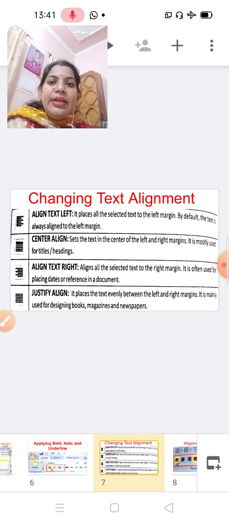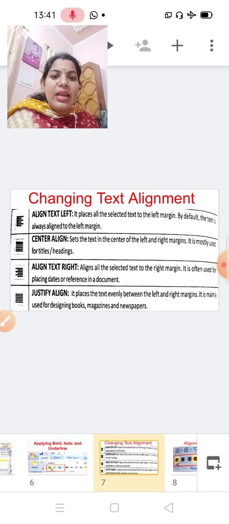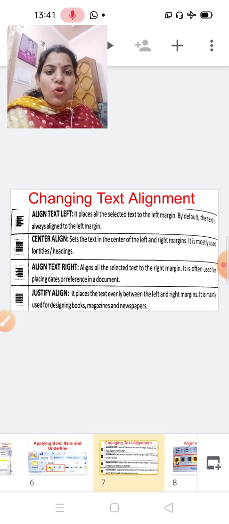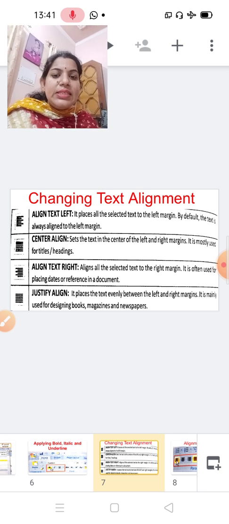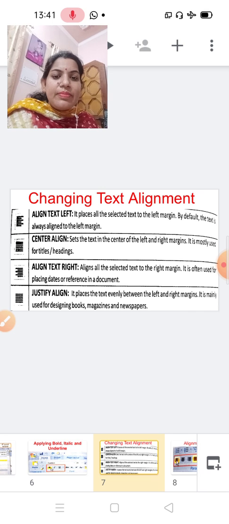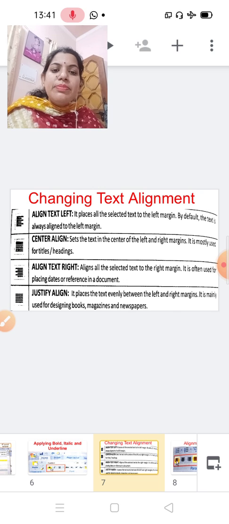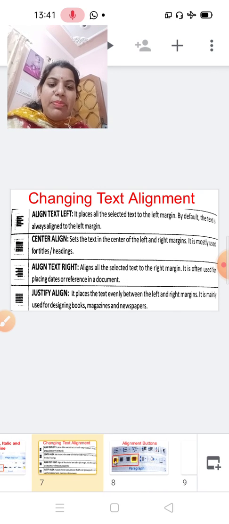Third is align text right. It aligns all the selected text to the right margin. It is often used for placing dates or references in documents. Next is justify align. It places the text evenly between the left and the right margin. It is mainly used for designing books, magazines and newspapers.